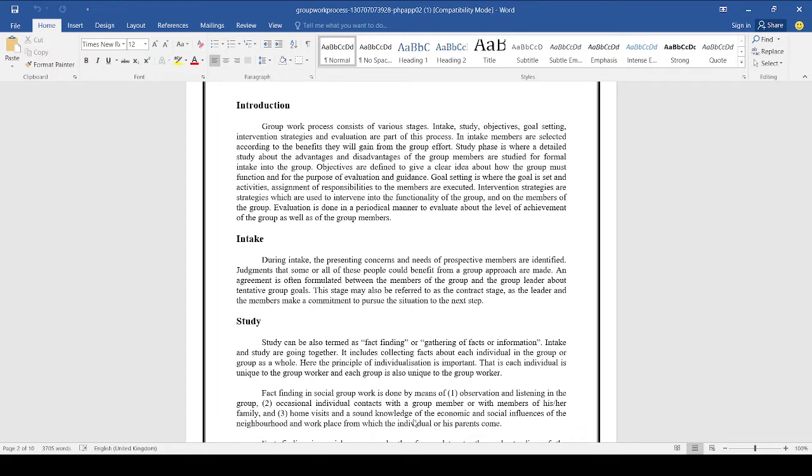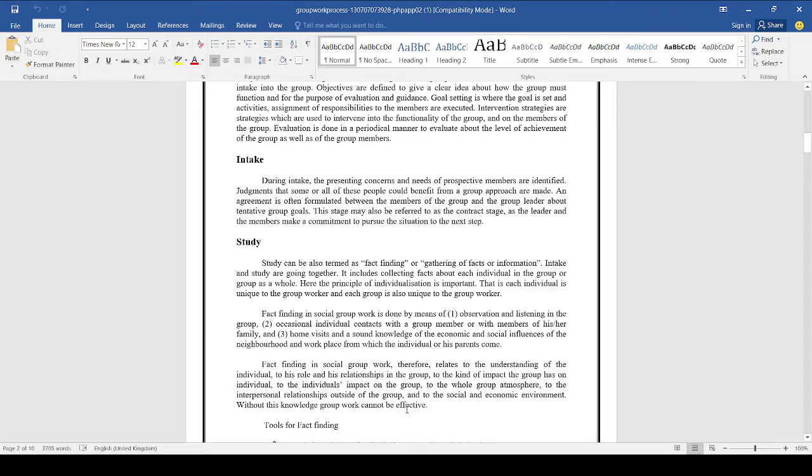Okay, this is the exact thing about the group work process in the intake stage. We will say it as the stage of contract. And in the study phase, that means we all know about the fact finding, or gathering the facts or information about the group members. The stage of intake and study are going together, and it includes